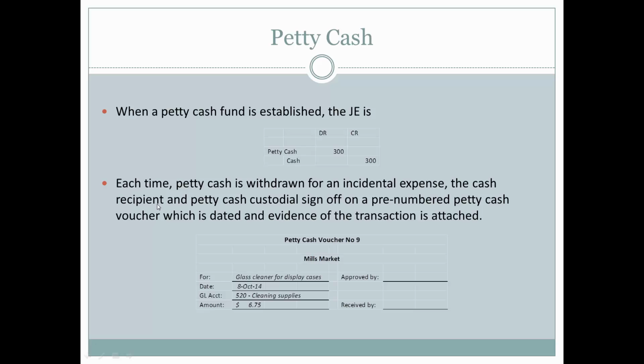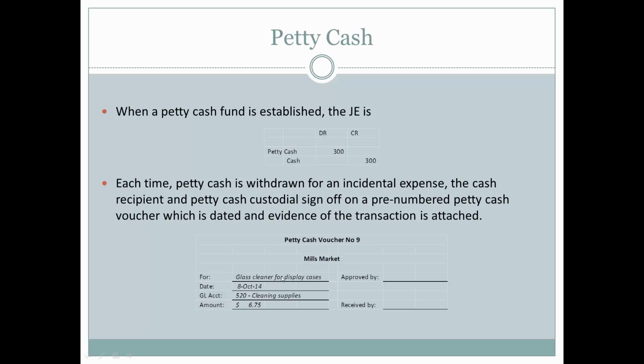So the person who receives the money, as well as the person who's the custodian, will sign off on this pre-numbered cash voucher. So this is the pre-numbered cash voucher. They're traditionally in like a little book. This will be the name of the company, and then there will be an explanation of what it's for. So when you're writing out the journal entry, you'll know what to charge that